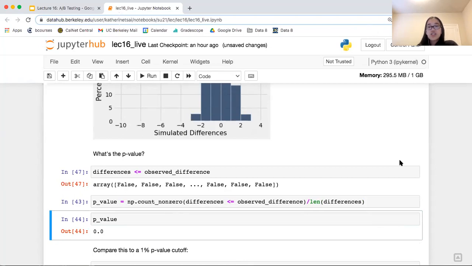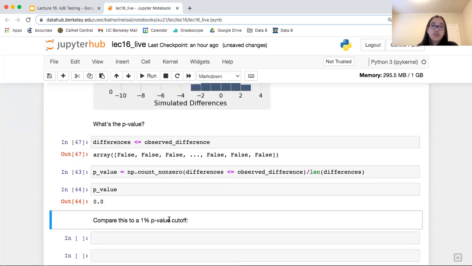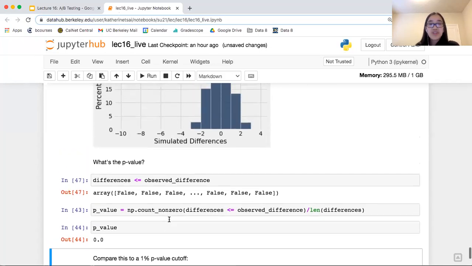So the last lecture that will be in scope for the midterm will actually be tomorrow on causality. But A/B testing is a pretty big concept that is in scope for your midterm. So I would take the time to practice this on your own. So the p-value cutoff, I just determined it to be 1%, but you can decide for yourself if the problem allows you to, and you should decide that at the beginning of the problem.